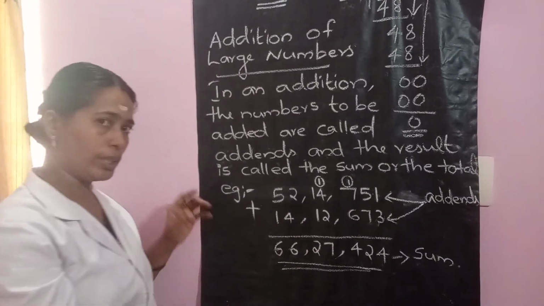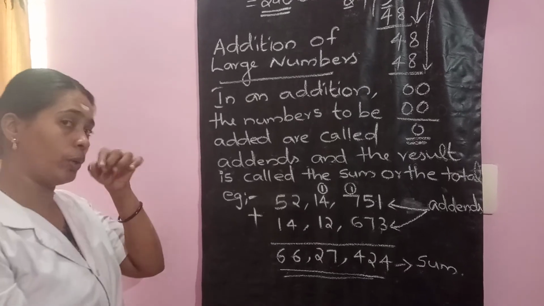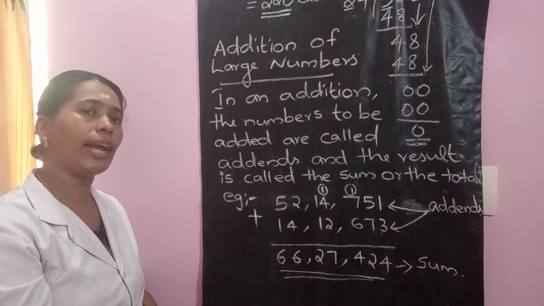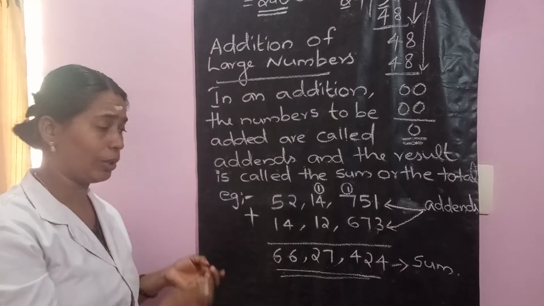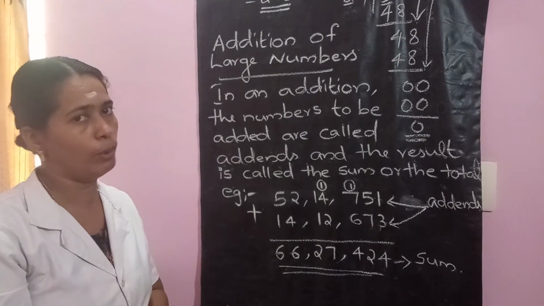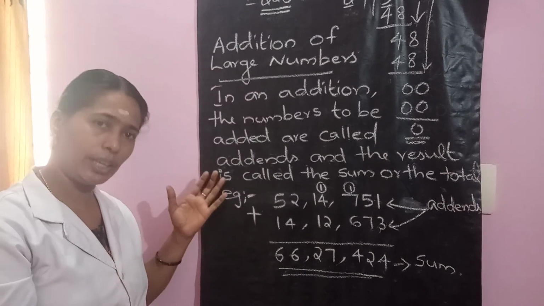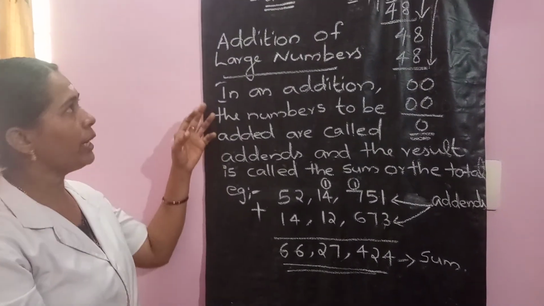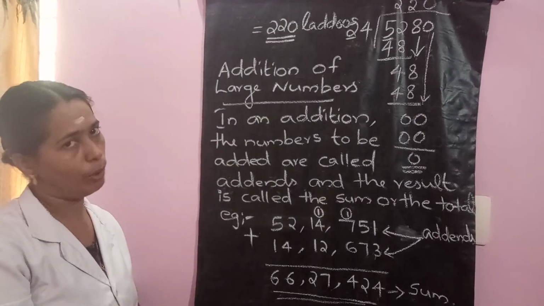Go through all the questions. The first four questions you can answer in your textbook itself because there are blanks given. Those who are interested can write the same in the notebook. Otherwise, write the answer in your textbook itself. But the remaining questions you have to write in your notebook itself.